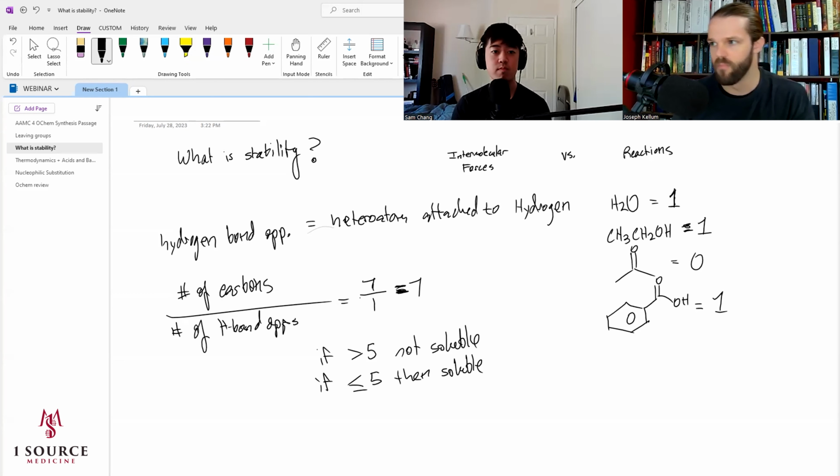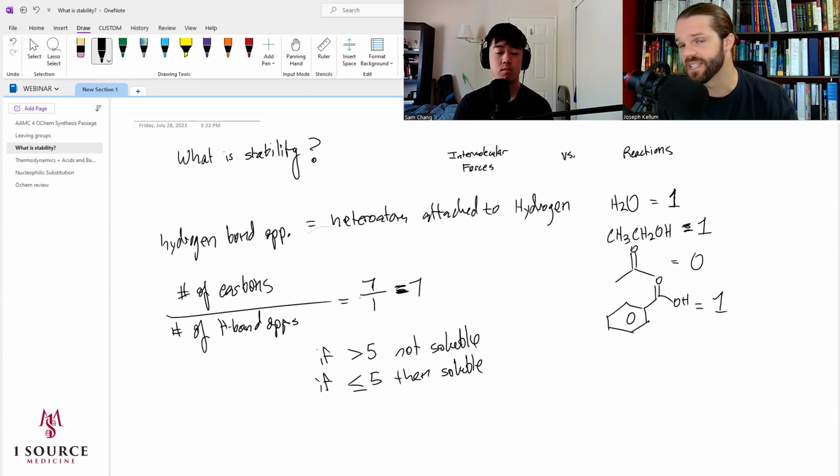This is just super useful in my opinion, because it's a hard and fast rule that you can just use to determine whether or not something's soluble. Many people might say that benzoic acid that I just drew there is soluble, but if you use this rule, you can very quickly determine that it's not soluble at all in water. And this becomes really, really useful whenever you're trying to determine what solvent something might show up in